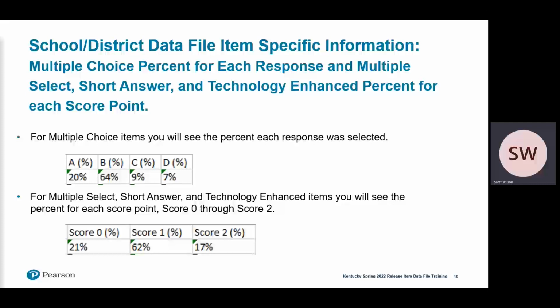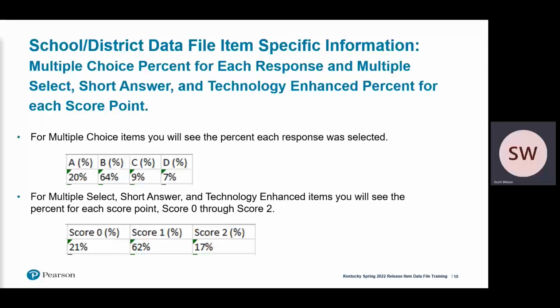Next, we'll talk about the multiple choice percent for each response, and the multiple select, short answer, technology enhanced percent for each score point. So for multiple choice items, you will see the percent each response was selected. Again, going with our example that we had before, we knew B was the correct answer at 64. This also shows you that 20% of the students chose answer choice A, 9% chose answer choice C, and 7%